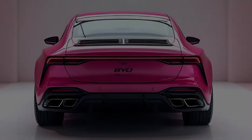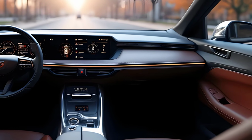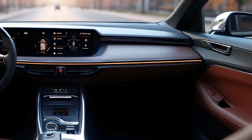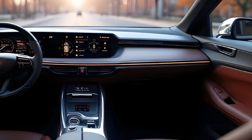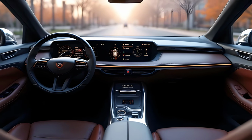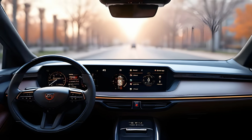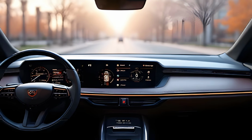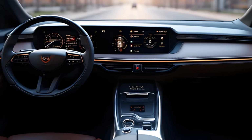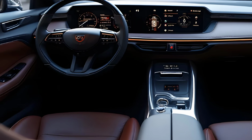Stepping inside the Shark 6, the cabin welcomes you with a minimalistic but premium vibe. The dashboard is clean and uncluttered, a simple horizontal design that flows from door to door. There's a large center touchscreen, almost tablet style, angled slightly toward the driver for convenience without overwhelming the space. Materials feel high quality, soft touch plastics, stitched synthetic leather surfaces, maybe even some recycled materials given the industry's shift